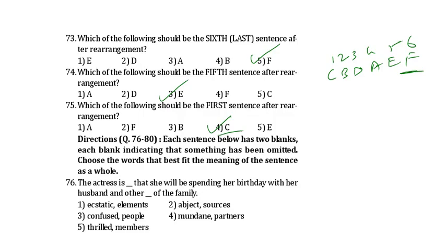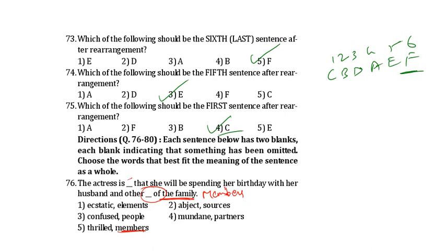So here what should you fill in the blanks? Now you cannot understand the first blank, but if you take the second blank it will be very easy. And other dash of the family. So the people in the family along with us, with whom we are living, we call them our family members. So here what should you get in the second blank? Members, not people of the family, members of the family. Family is one group. So in that group all belong to one particular family. So members of the family is correct. So in the second blank it will be members. Since the second blank will be members, the first blank will be thrilled. So the actress is thrilled.